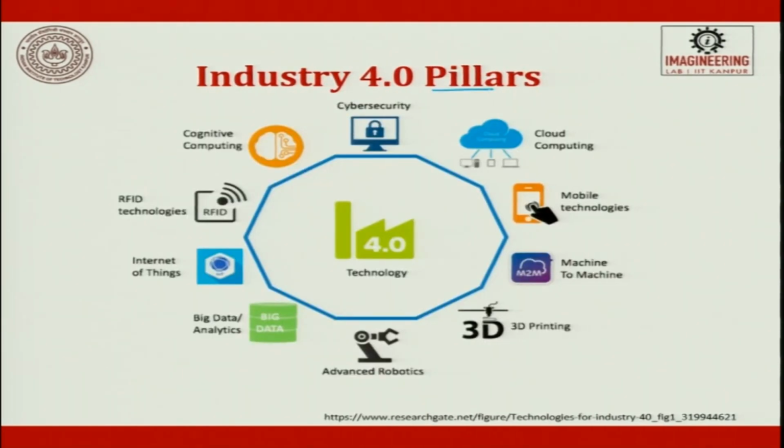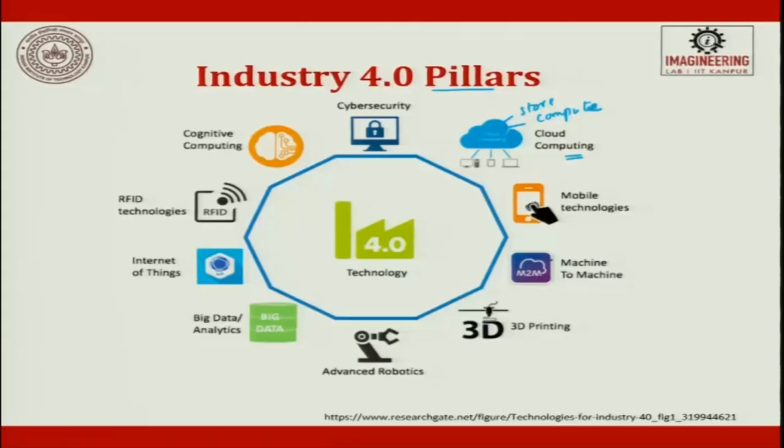So, if we talk about the pillars of Industry 4.0, these are all the pillars. Let us start from here. Cloud computing is a pillar. Because of digitization, now what is happening is there is a unique or universal platform where multiple systems can run. So, here is a memory space where it can store, it can compute to meet the requirements. So, from now onwards, you do not need a large server, but everything will be done at one place. However, when you use this you have to pay money for it, it is not free of cost.